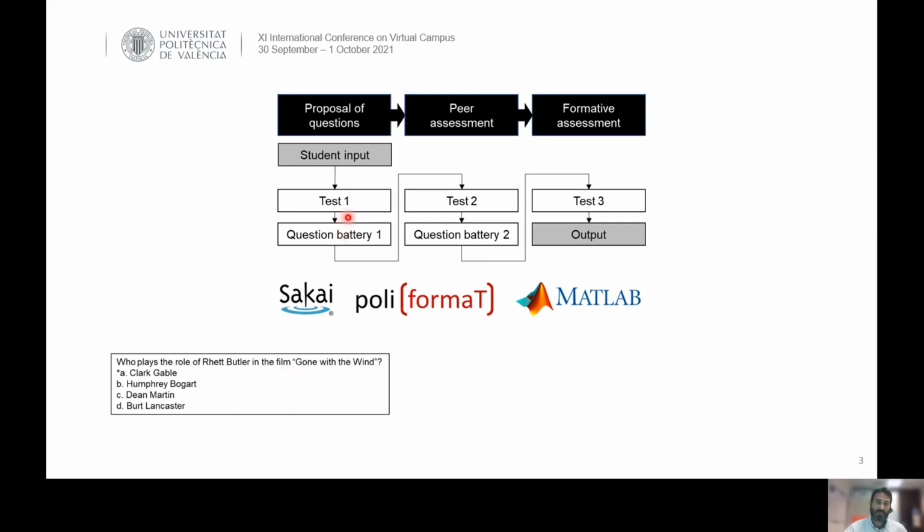With all this, we collect all the questions that have been prepared by the students, and using this software we prepared in MATLAB, we create a battery with all the questions that have been proposed by the students. Then with that battery, we go to a second stage of review or peer assessment,